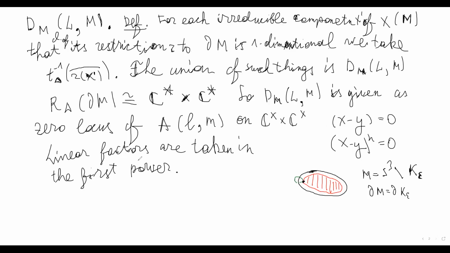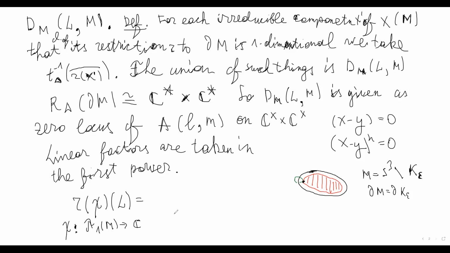What will be R chi? So chi is a character from pi 1 of M, mapping it into complex numbers. The restriction,